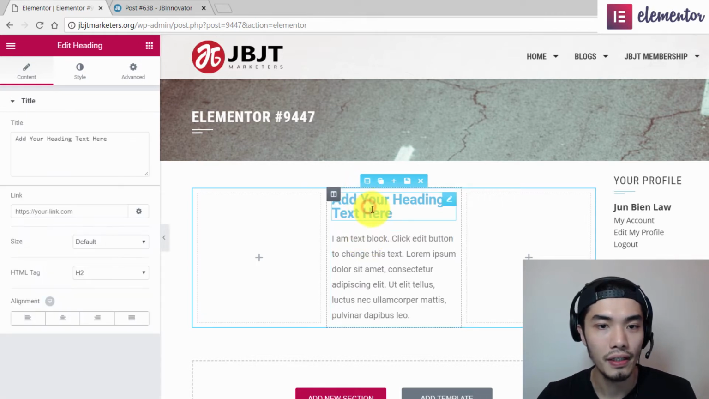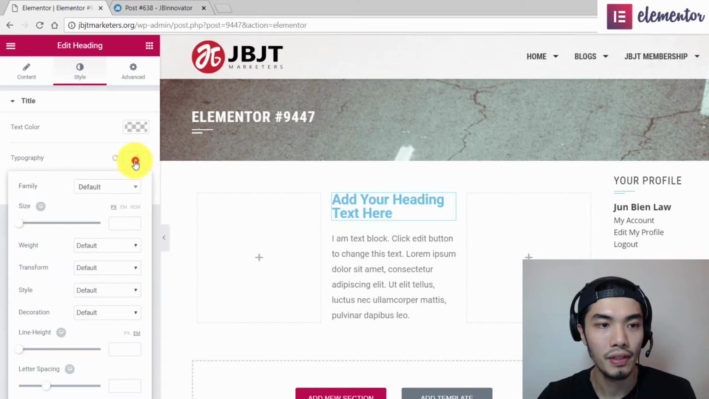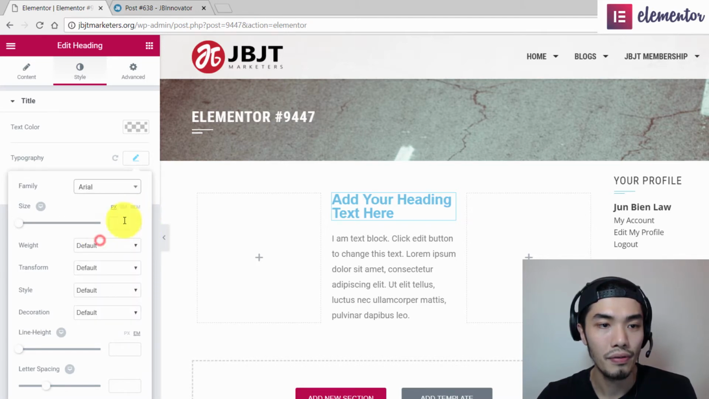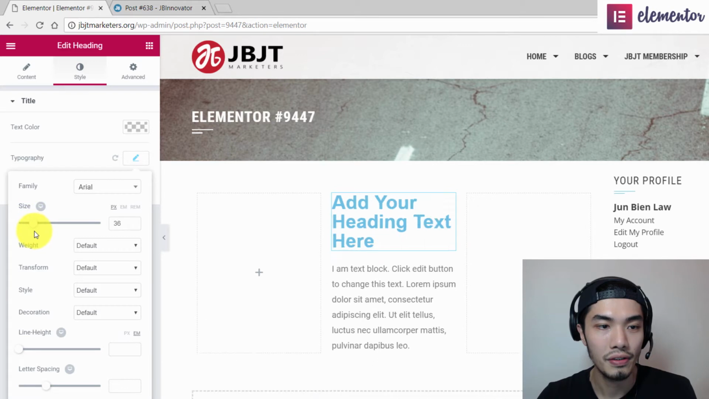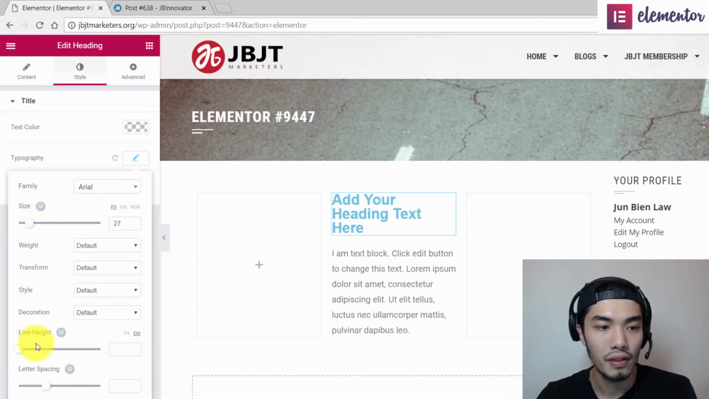For example, these headings, if you click on here, you would directly enter this section, and you can put in your title over here. If you go to style and go to typography, you can basically change the font style according to your preferences. For example, Arial, and they have some Google font styles as well. And you can change the size using this thing over here, the width, the line height, the spacing, which is